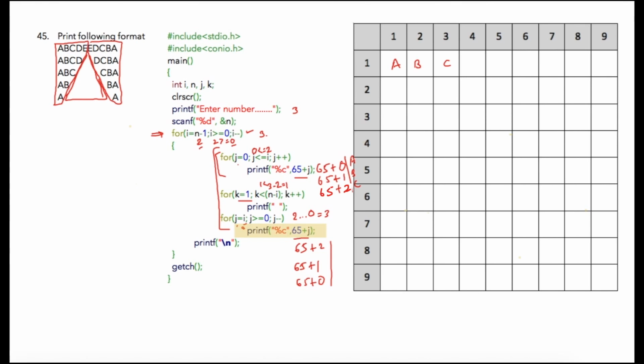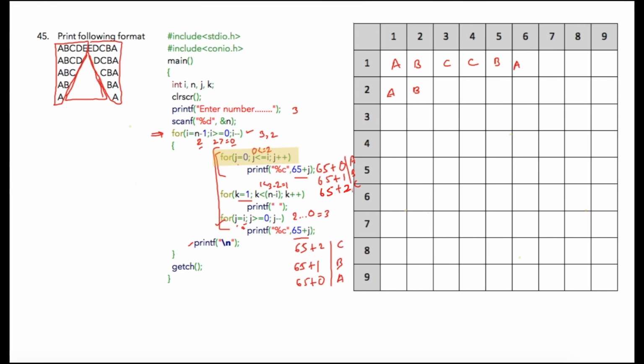Again these are the corresponding integer values for the character symbols C, B and A, hence C, B and A will be printed, and this for loop will be completed, and then finally this printf \n will bring the cursor to the next line, and then the value of I will be decremented to 2. So in the second iteration for the first loop of j, A and B will be printed because the loop will be executed 2 times,